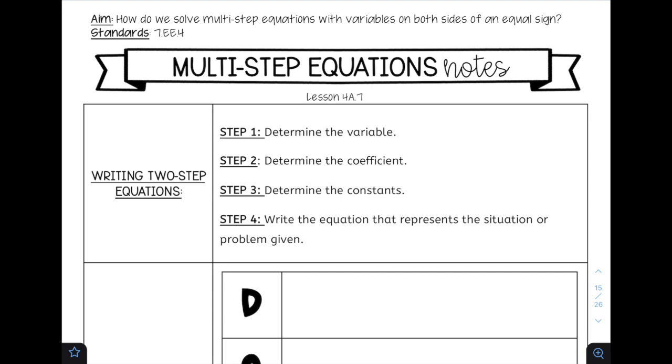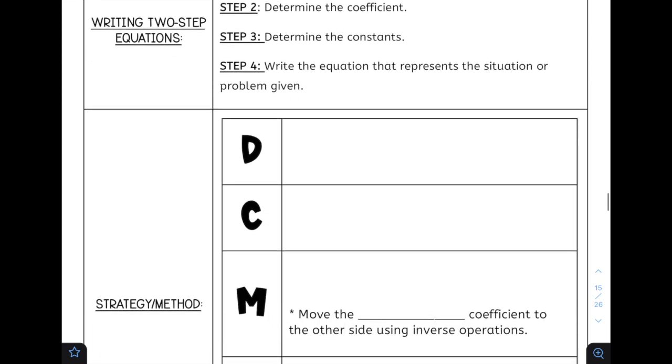So strategy that I talk to my students about and I share, and probably you've heard in the past or maybe somewhere else, is DCMAM, which is basically a way to help you remember the different steps when solving multi-step equations. So the first step, D, is the distributive property. So you want to make sure that you're distributing